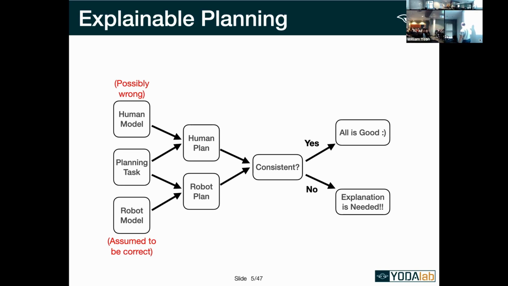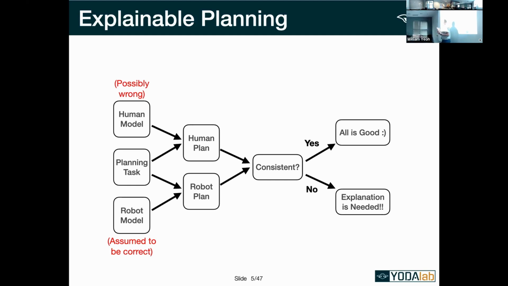And if this is the correct one and things are inconsistent, that means that the human must be the one that's wrong. And here's where usually people are like, huh? Is this a good idea? Right? So to start off with, I guess, if you're thinking that the explanation is coming from the robot, naturally